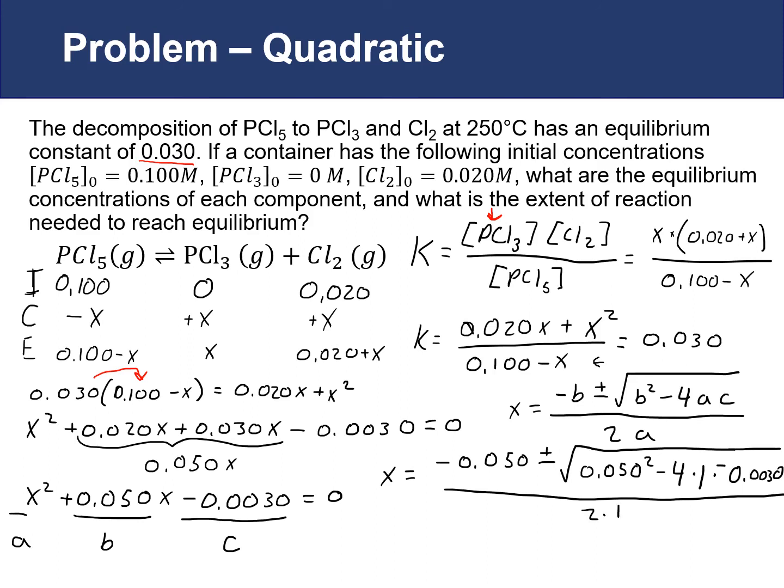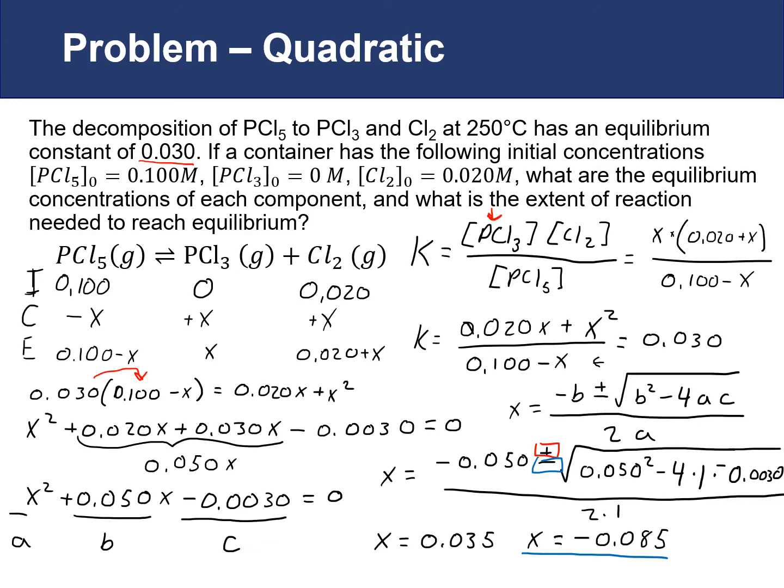We get two values for x, only one of which is going to make sense. The first value, if we look at the plus term, if we add our value, we get 0.035. The other value we get, if we subtract, we end up with x being equal to negative 0.085. Now we know that the second term, this one here that came from subtracting, cannot be correct, because if